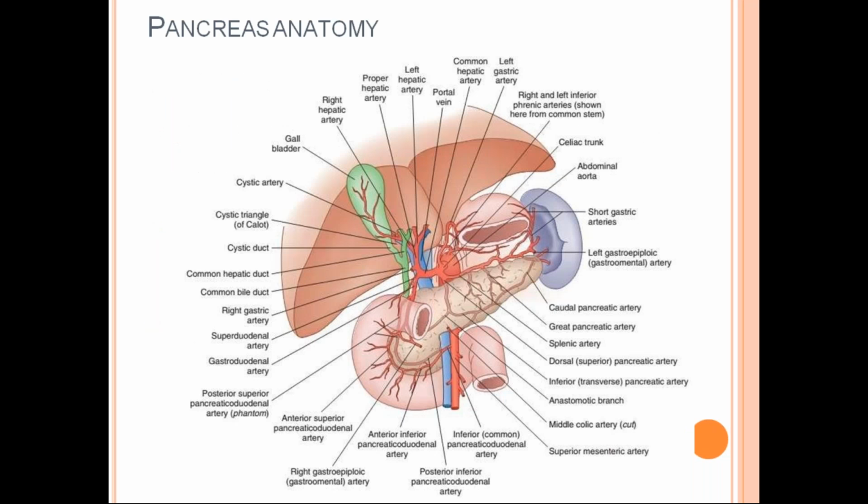This is the brief pictorial representation. Just remember the image. See, this is the pancreas. Okay. This is the C loop of the duodenum. You can see the common bile duct. Later it will be posterior to this, so you cannot appreciate it well. And the tail of the pancreas is related to the spleen. So just remember this image, the pancreas and its relations, and also the vascular structures. You can see here.